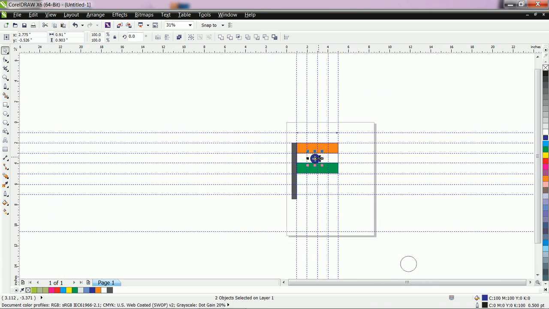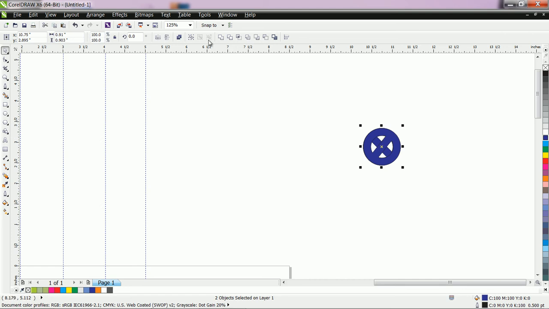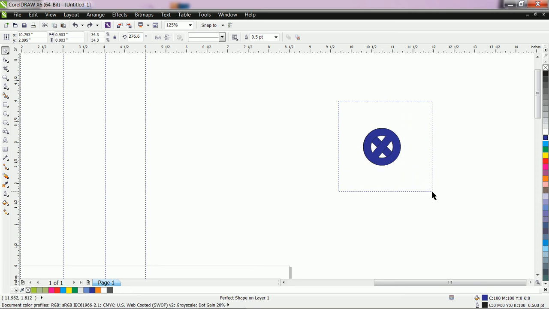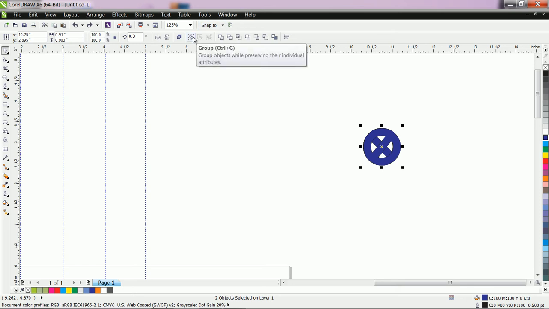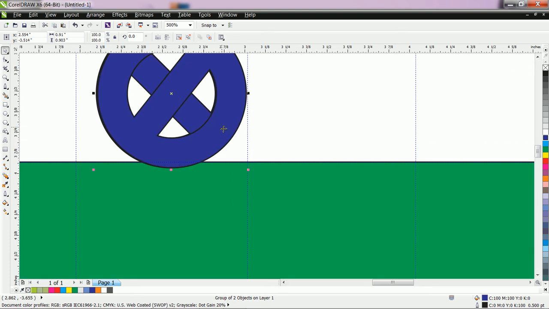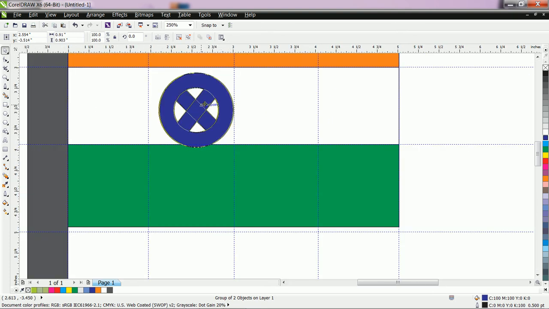Now it is hard to edit, therefore let us use one technique. We know that these are two symbols. Whenever we want to edit it, we face some difficulties, therefore let us select symbol like this, because two symbols compulsory selected, and then click on group. Like this you can make a group. Now it is very easy for editing.